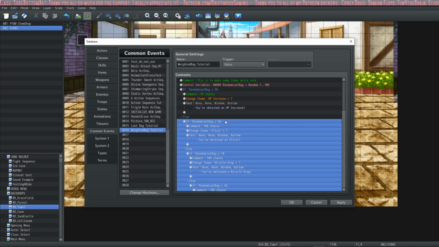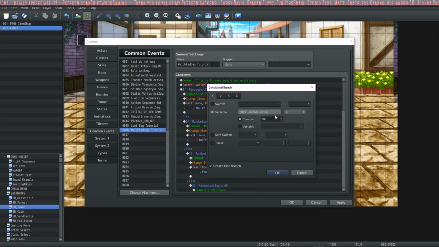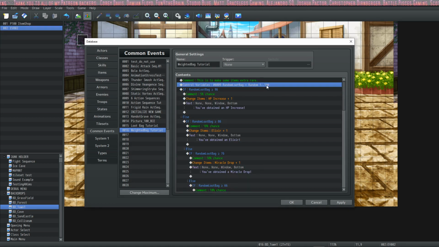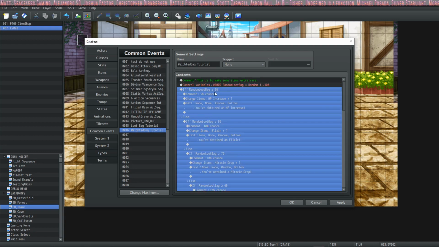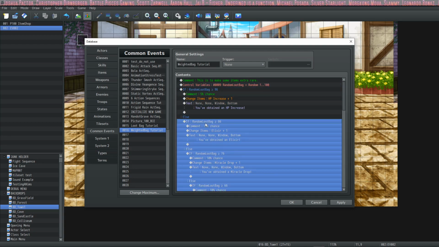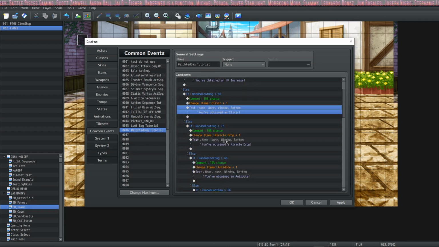We're rolling the rarest item first, and then going to the most common item at the bottom. If you wanted to make it 1% chance, then you would set this to 100. You would only get this item when this random roll landed on 100. Going over it, you roll the number, then you have conditional branches, and inside the else handlers, you have more conditional branches, and you keep going down,